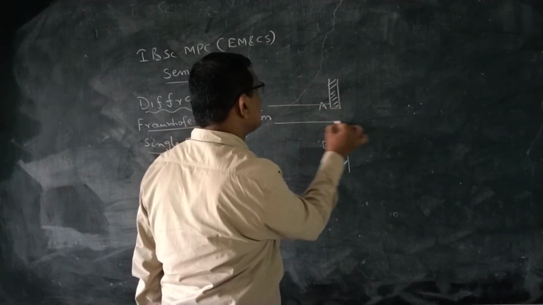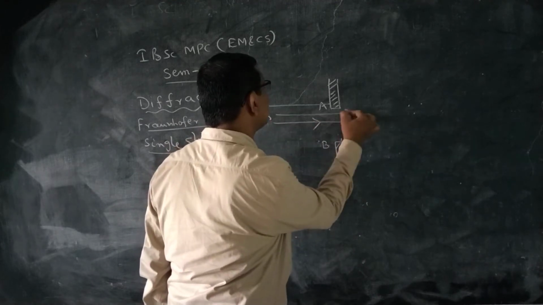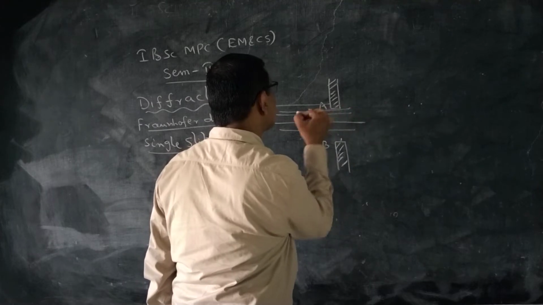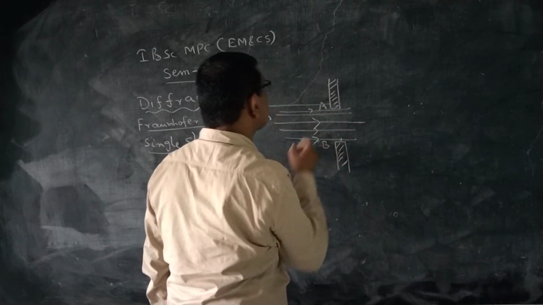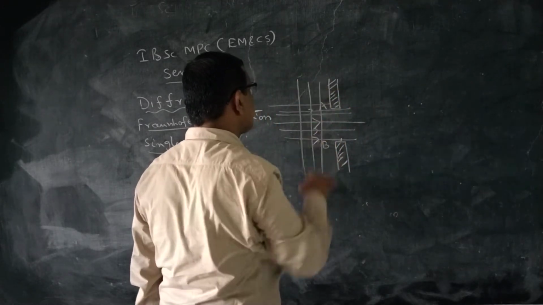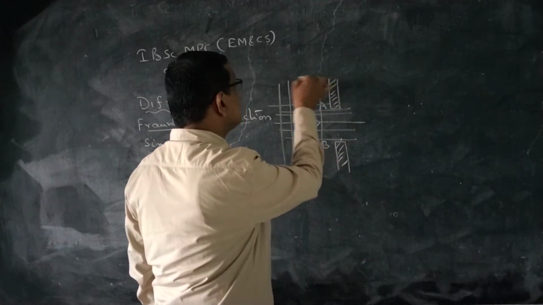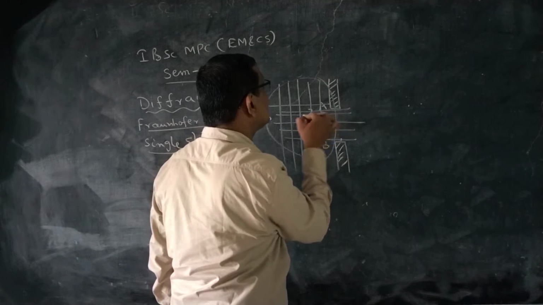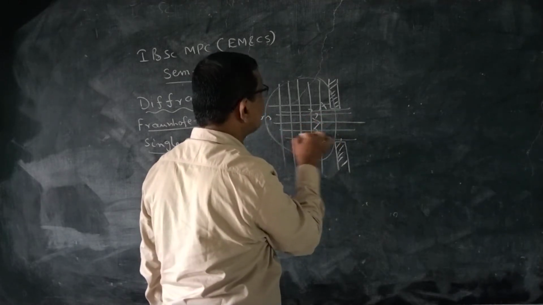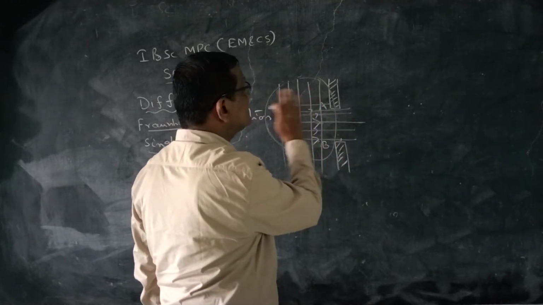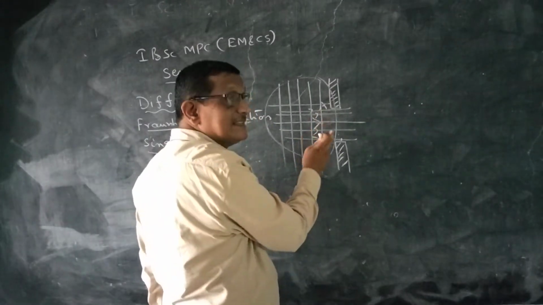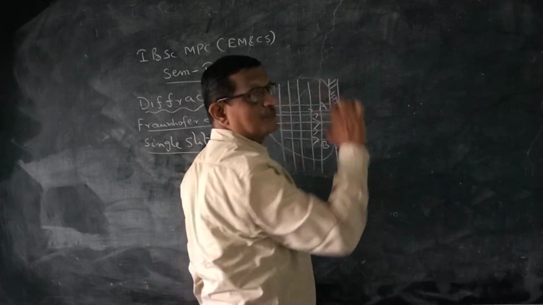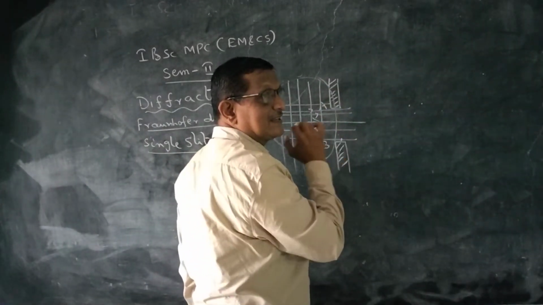Let it be the plane wavefront. This is the plane wavefront. This is the direction of waves, that is, this is the direction of light rays. And again, this is the plane wavefront. Here, this plane wavefront is obstructed by this single slit. Because of this obstruction,